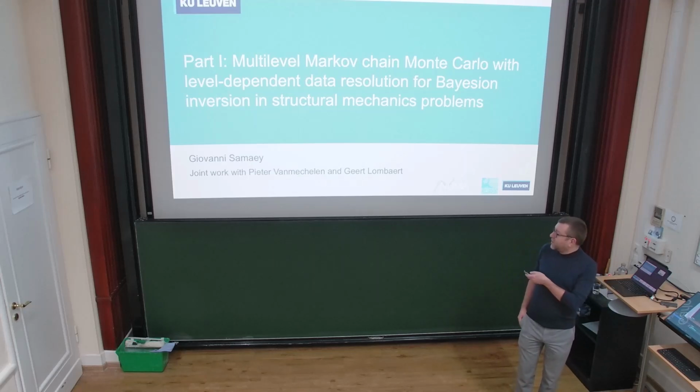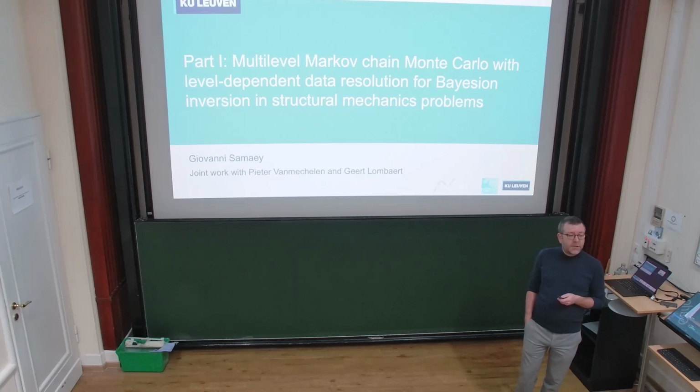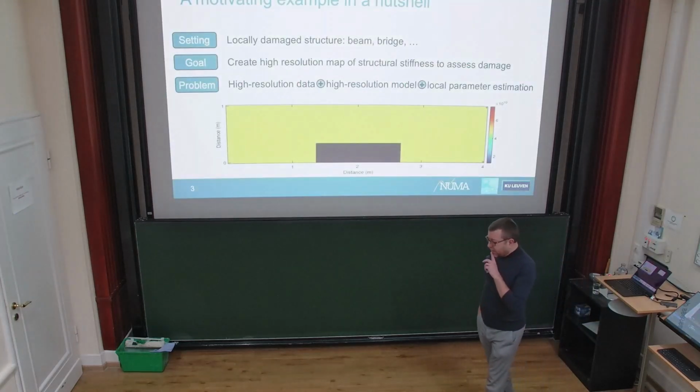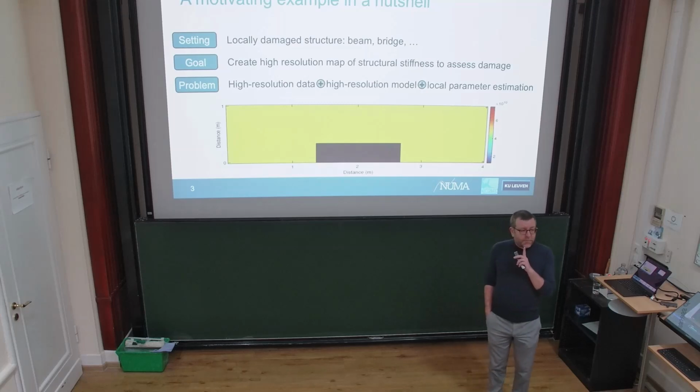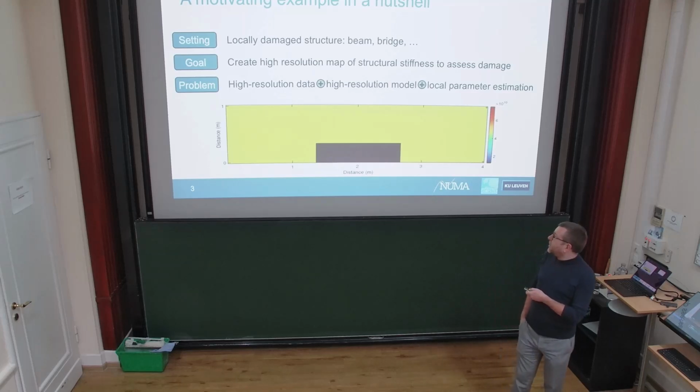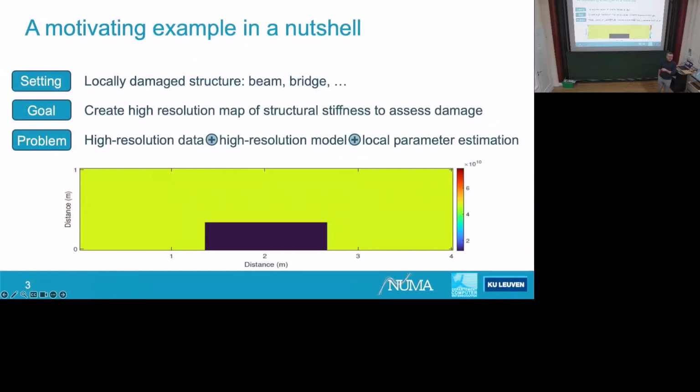This is going to be the setup of the talk. The first part is basically the PhD of Pieter van Mechelen, who I co-supervised with Geert Lombard. Geert Lombard is a professor in civil engineering, structural mechanics at KU Leuven, and they have issues in inferring parameters of built structures. The structure that they are monitoring is something like a bridge, which, because we are applied mathematicians, we represent as a rectangle. That's supposed to be the bridge, but for the algorithm development that doesn't matter.